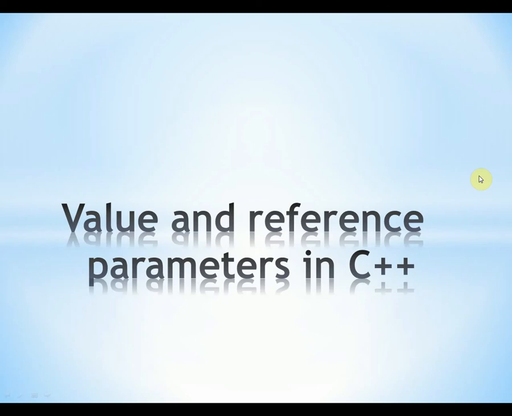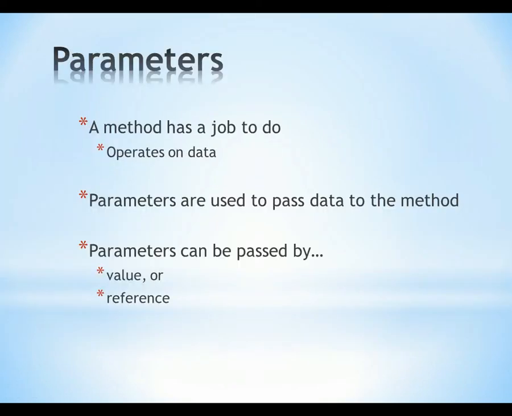This video is about value and reference parameters in C++. A method has a job to do and it operates on data. A well-designed method will only have one job to do, for example to add two numbers together. For a method to do its job, sometimes it needs data, and parameters are used to pass that required data